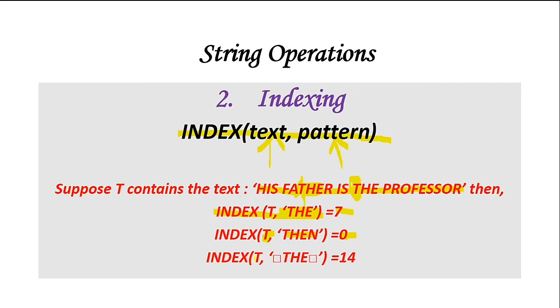Next I will write the index as T, I mean text as T, and the pattern starts from a space, right? So if I consider this T, there is no space before T, so this is not my pattern. So I will go here, and this is my pattern where I can find before T there is a space, and after E there is a space, right? So I will consider this particular place, and that is nothing but the 14th place, that is the index. So this is how we are going to write the index for a string.